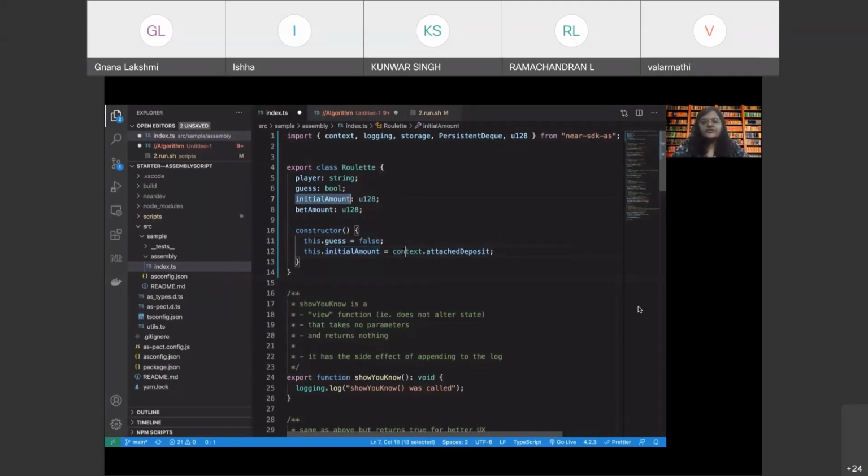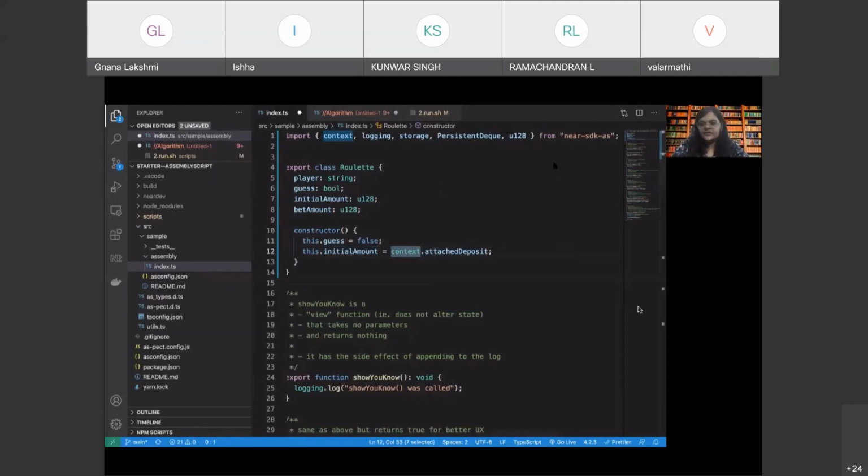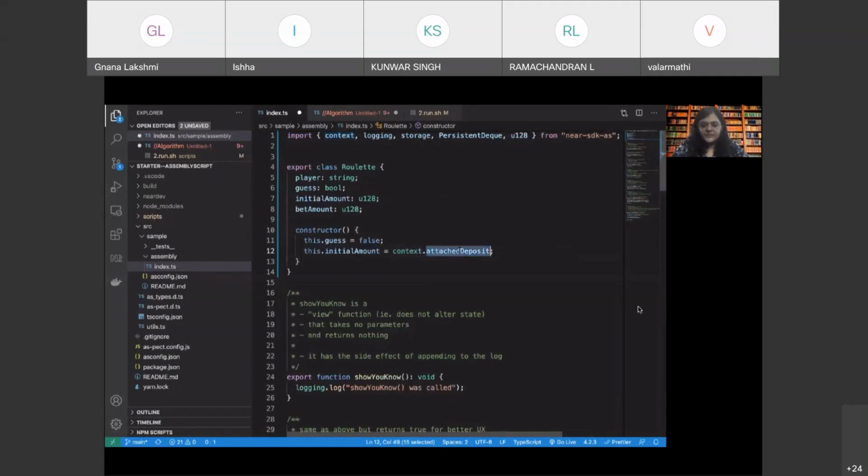So here we have the context that we can take in from the Near SDK. The context will have the attached deposit. So when the constructor is being called, there is a deposit attached with it that will act as the initial deposit for the game.